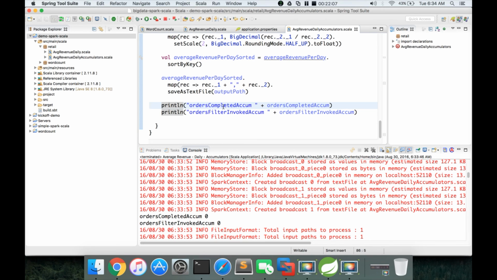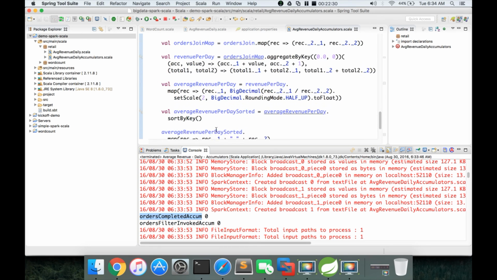Only when the action is invoked, the program will be executed. Until then, the workflow will be created to execute the program. In this case, we are trying to print in the middle of the execution itself, even before the execution of our transformations and actions has started. We are trying to print the results, hence we got 0 and 0 as the values.